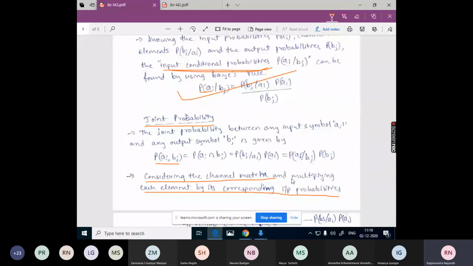A1 comma B2 is missing, so let's write it as it is. Next, A2 comma B2 is 1 by 9, and A3 comma B2 is 1 by 6. A1 comma B2 is the only unknown term. We can find that easily. Add these two and send it to the left hand side. So we will get 1 by 9. A1 comma B2 is 1 by 9.